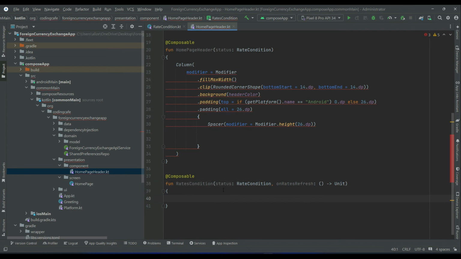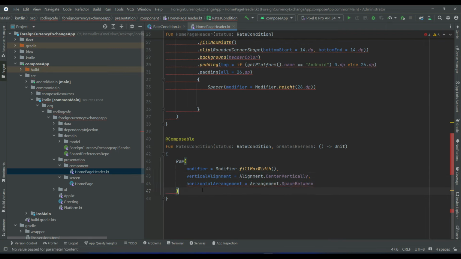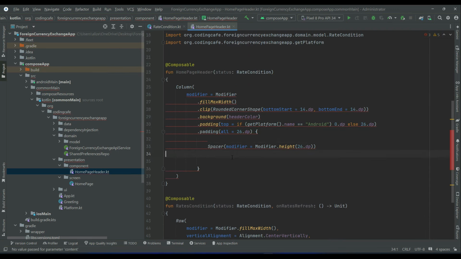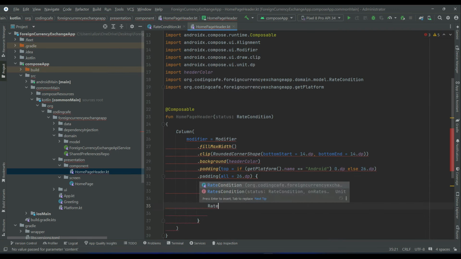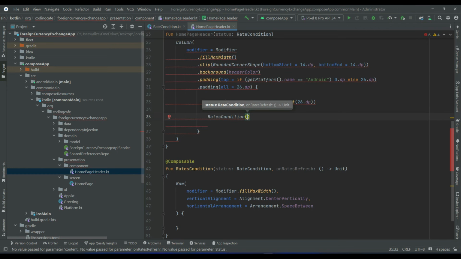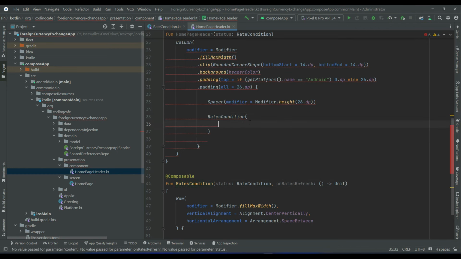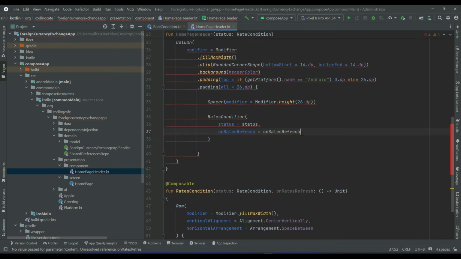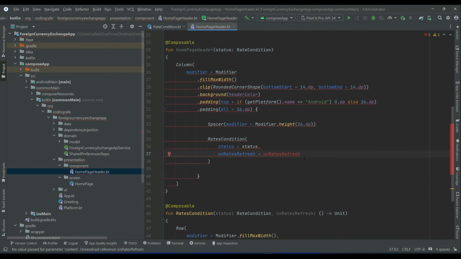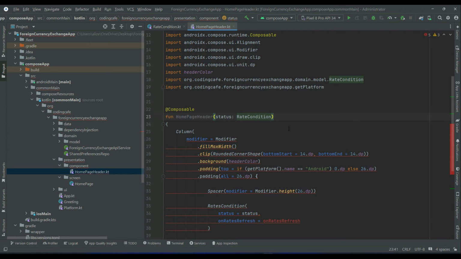Then we will add a row, RatesCondition, which is this RatesCondition function. Okay, RatesCondition, status, onRatesRefresh, and add here this as well, onRatesRefresh of type Unit. And then